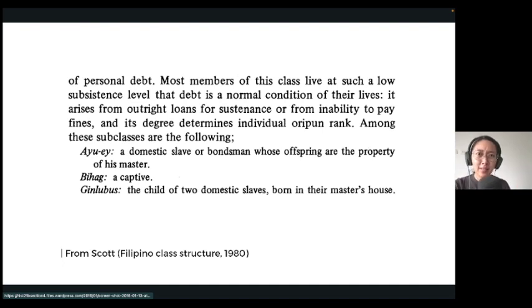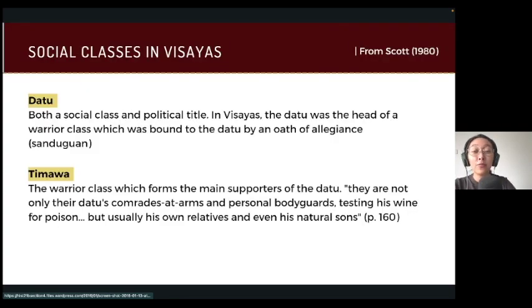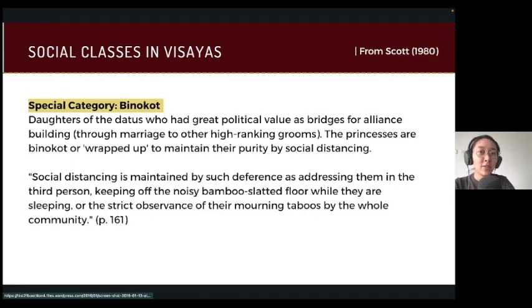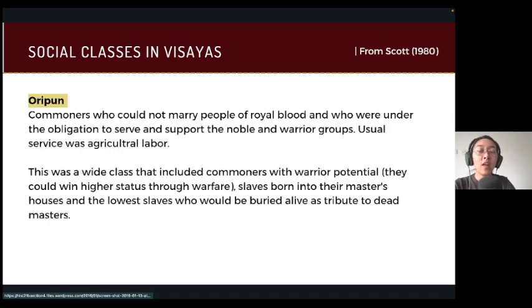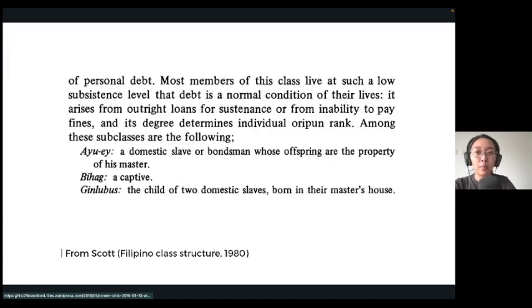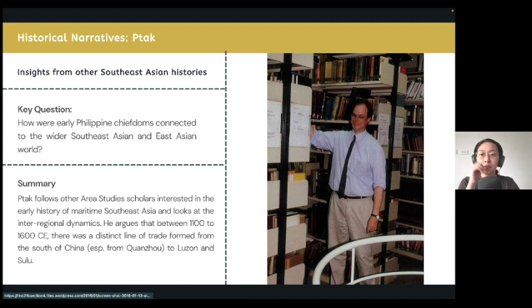Now, in Visayas, this looks a little different. The ruling classes are called the Datu, but you also have a special class. Hold on, I forgot what the term was. Of the Timawa. So the Timawa are not freemen here, but they're like secondary supporters, or they're main supporters of the Datu class. You have special roles for women as trade tokens in this period. And then you have the free classes, the tumao. And then you have many, many different kinds of enslaved people, generally called oripon. Right? That's what you learn.